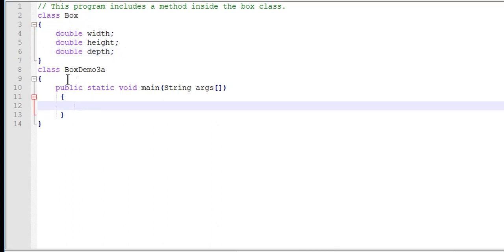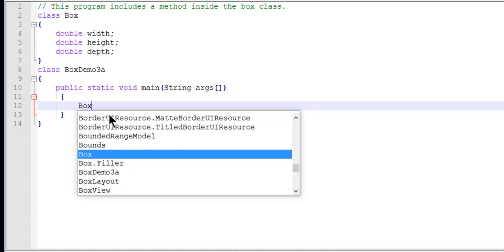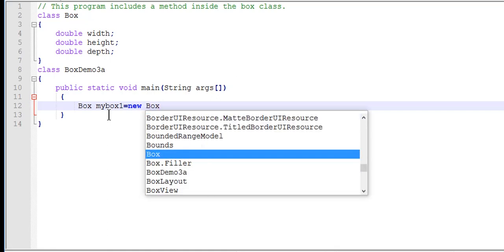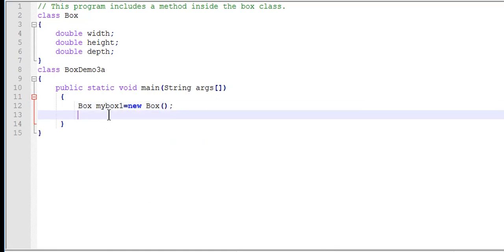Now this is the main class. Within the main method we are going to create an object for this class. Box myBox1 is equal to new Box. Then we can assign values for this object. myBox1.width is equal to 10.